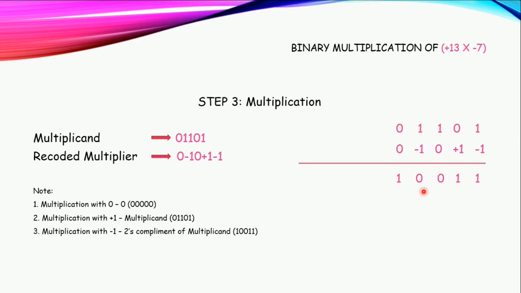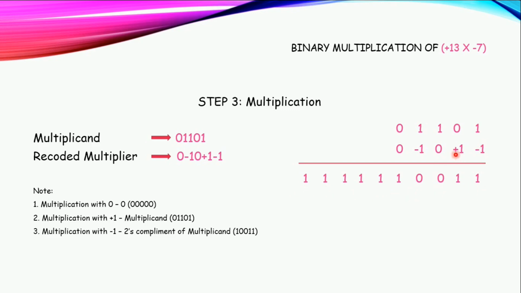According to Booth algorithm, when multiplying two 5-bit numbers, it will result in a 10-bit product. So I have to extend my partial products to 10 bits as well. I can extend up to the 10th bit by extending the sign bit. Here initially I am multiplying a positive number with a negative number; from the MSB itself we can observe that it is a negative number, so I have to extend the sign bit 1 up to the 10th bit.